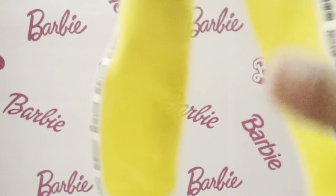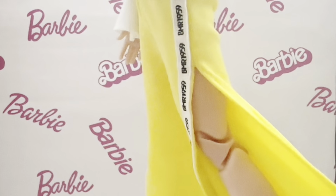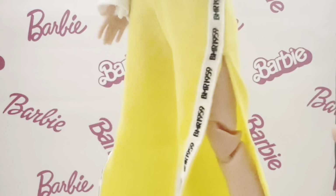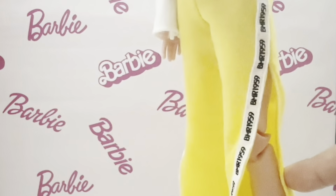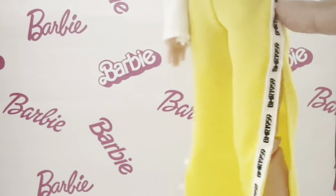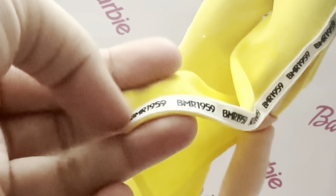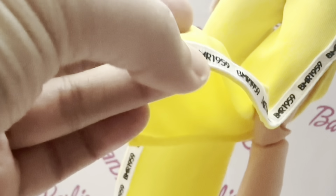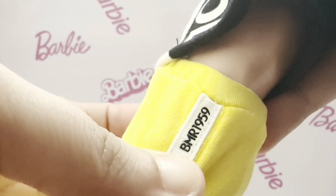You can play around with how much you want to expose his leg. I think this is actually a good height to have this slit at. No higher and no lower, because if it were any lower it'd be a little bit boring. If it were a little bit higher it'd be a little bit man-slutty. Then we have this ribbon detailing that has BMR1959 nicely printed all the way up, and it stops just before